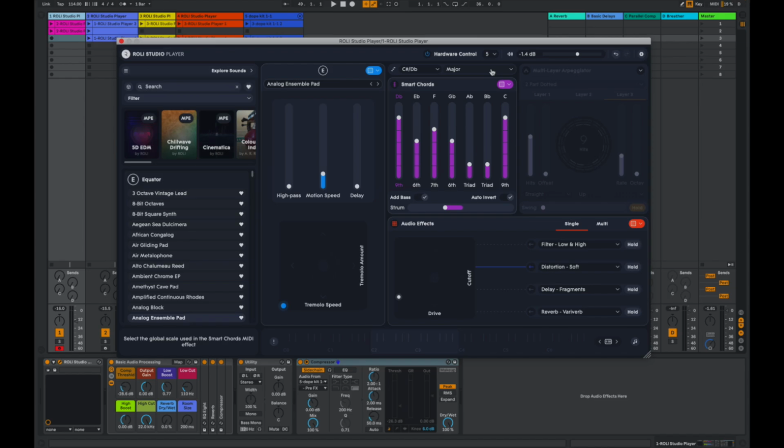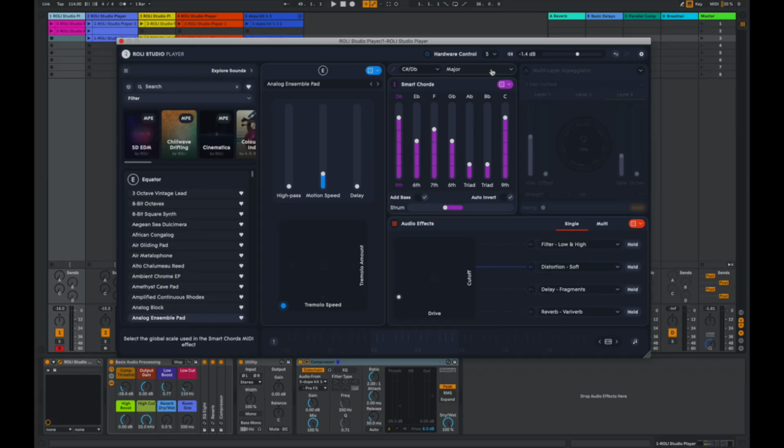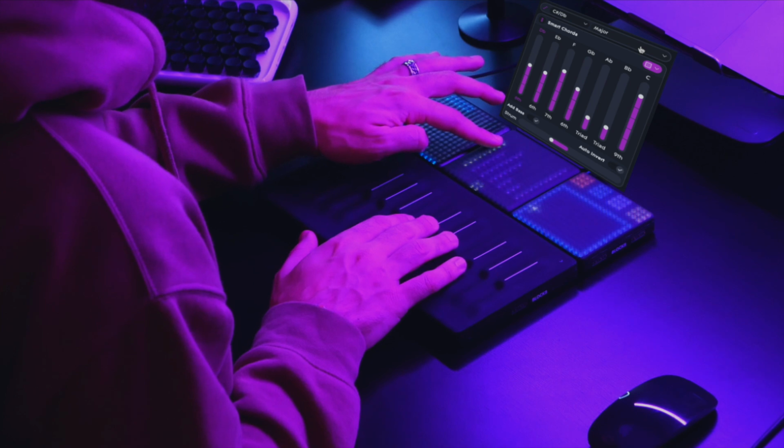So I'm able to select the key, and I can even navigate that by using the live block by selecting the scale button here and scrolling through. I'm going to leave it in C sharp, D flat, major. And then within the chords, now we get access to each of the diatonic chords in that scale, but I can make each one of them more or less complex. So the first chord, the D flat or the tonic of the scale,